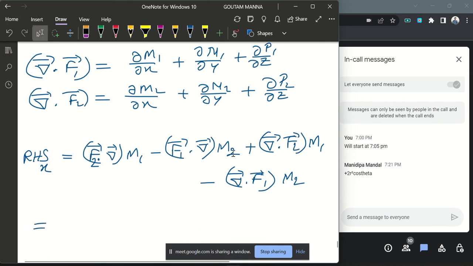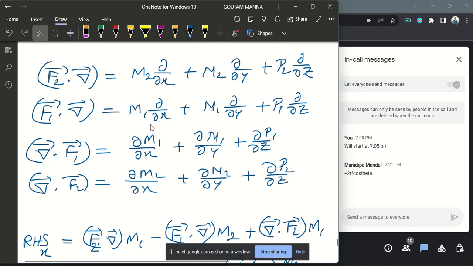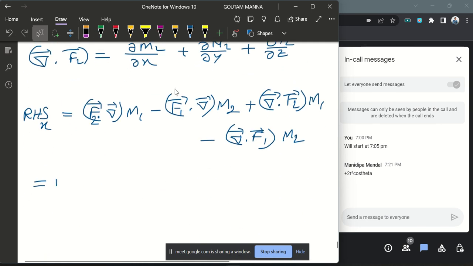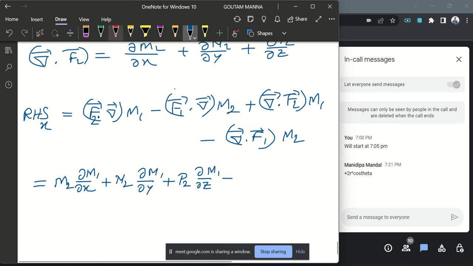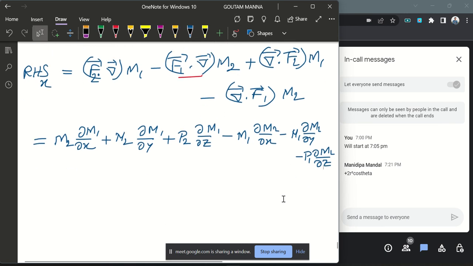And now if you calculate it, this quantity we already calculated here, so it will be M2 del x of M1 plus N2 del y of M1 plus P2 del z of M1, minus for this term it will be M1 del x of M2 minus N1 del M2 del y minus P1 del M2 del z, and then this term,